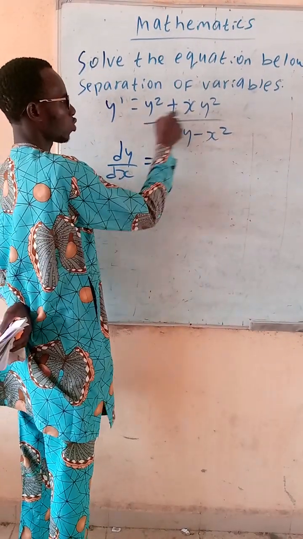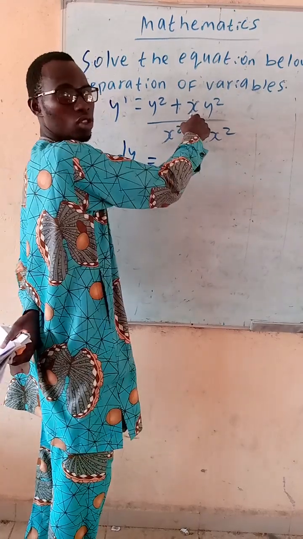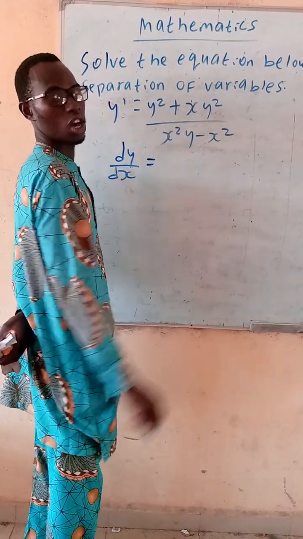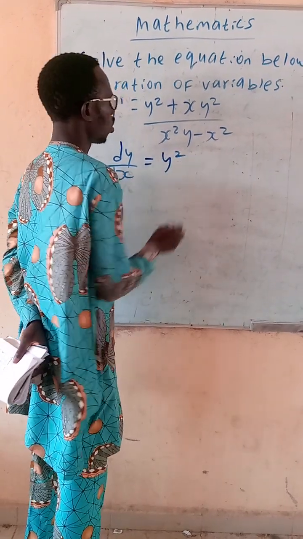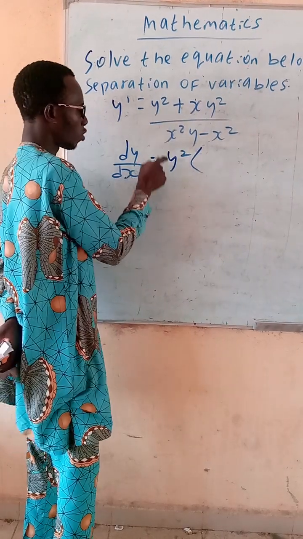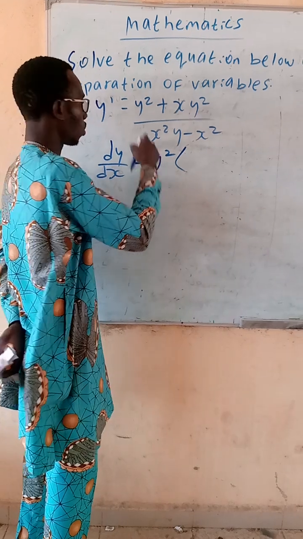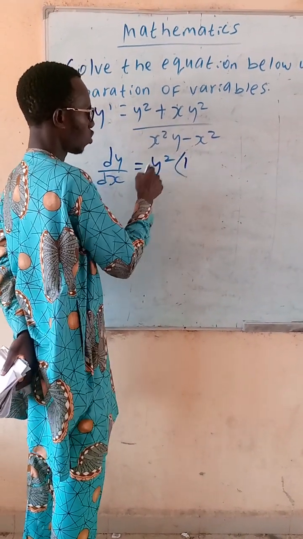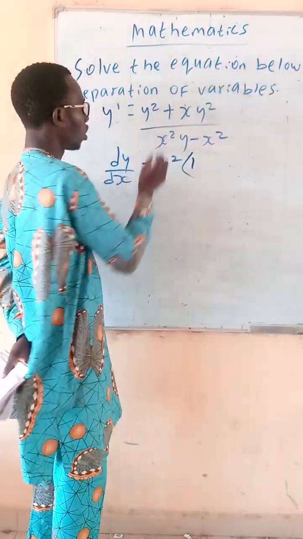Then we're going to factor out the common factors between y square and x y square. The common factor is y square. So when you factor out y square from y square, what will you multiply to y square to give you y square? We're going to multiply it with 1. Y square multiplied by 1 gives you y square, right? So we'll bring down